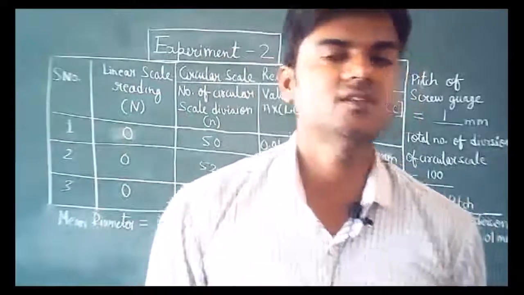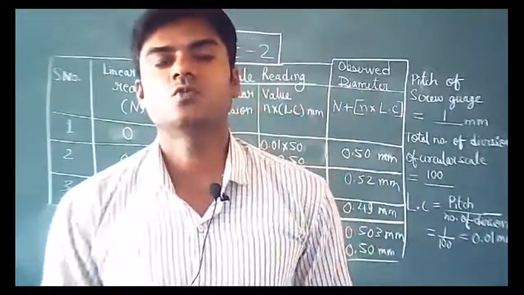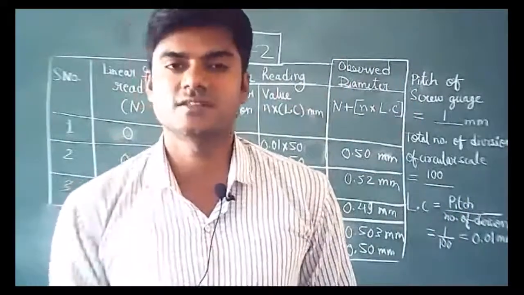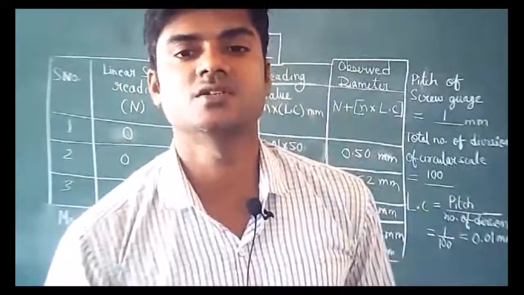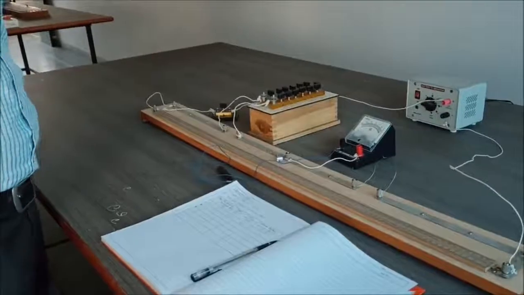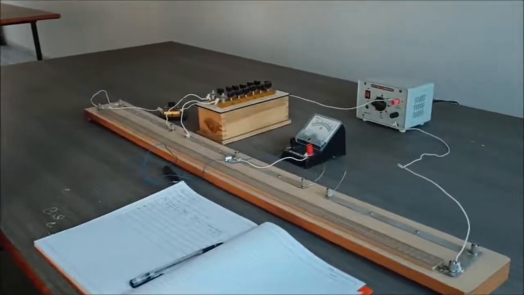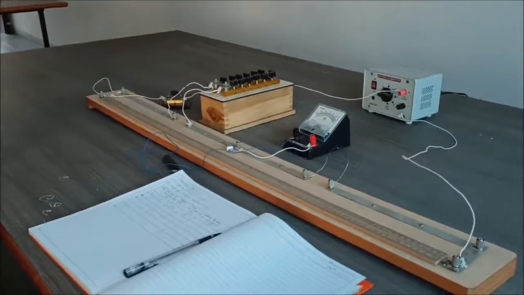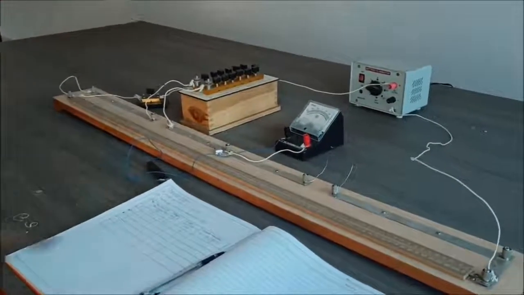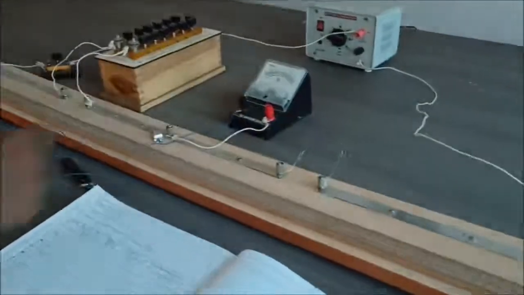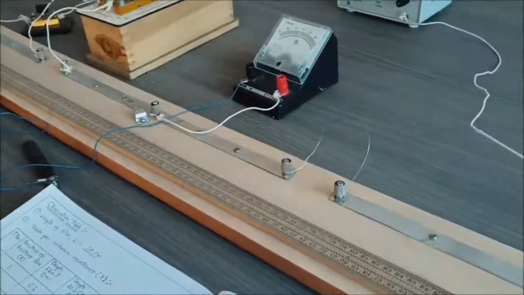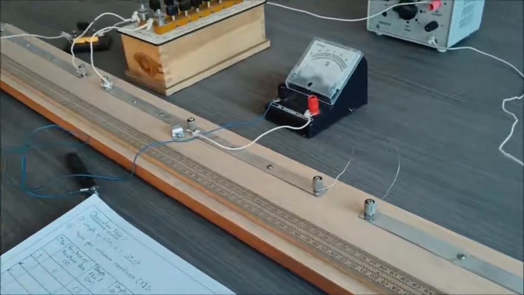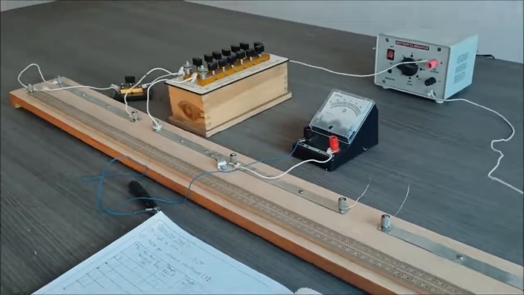So we know the dimensions. We now have to calculate only the resistance, and then we can calculate the resistivity also. So let us do that. Calculate the resistance by meter bridge. This is our setup of meter bridge, in which we are going to calculate the unknown resistance of the wire. And here you can see according to our circuit diagram.